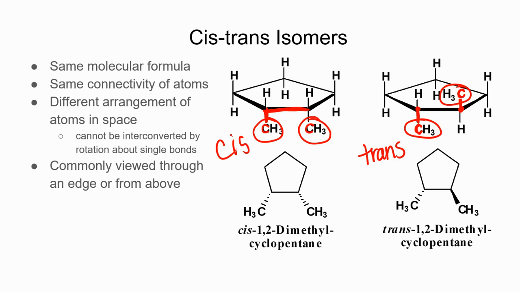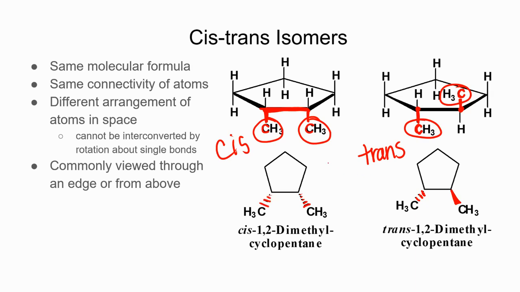They can't be interconverted. It's not like staggered and eclipsed where we can just twist around a single bond and interconvert these. That ring really fixes the structures so that cis is different than trans and it can't be interconverted. And so it's often looked at like looking upon this edge and seeing the two methyl groups down. Or you can represent two down with wedges. And you could represent one up and one down, one up with a wedge here and the other one back with a dash. So cis can be represented by two dashes. We've got dashes right here,